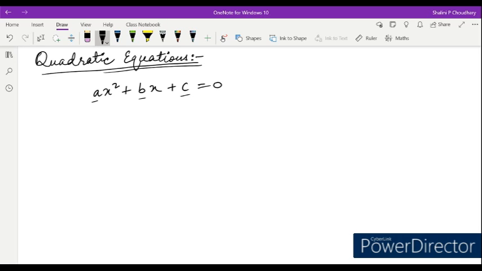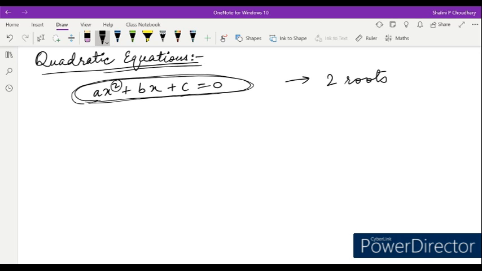Okay, now here the degree of this polynomial equation is 2. Why? Because the maximum power of x is 2. Okay, so in any polynomial equation the degree is equal to the number of roots. ठीक है, in this polynomial equation, the degree is 2, so there will be 2 roots. So if the degree of any polynomial equation is n, then there will be n roots of that polynomial equation.